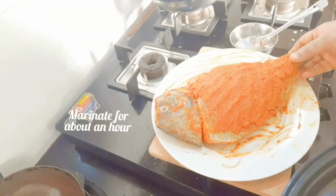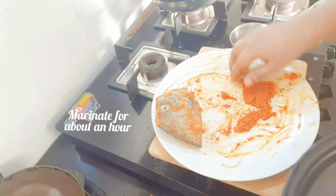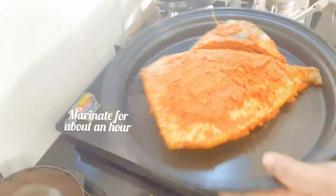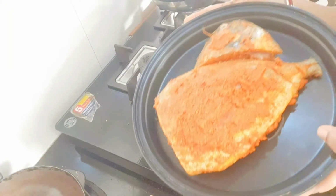Now grease the baking dish with little oil. Transfer the fish to that and keep aside for about 1 hour. After an hour,